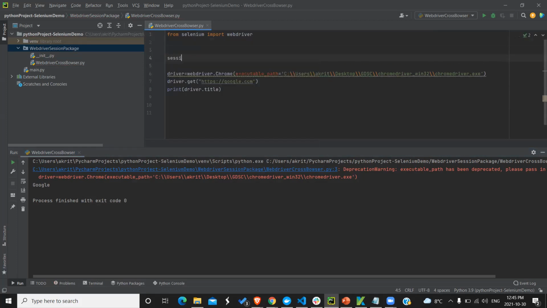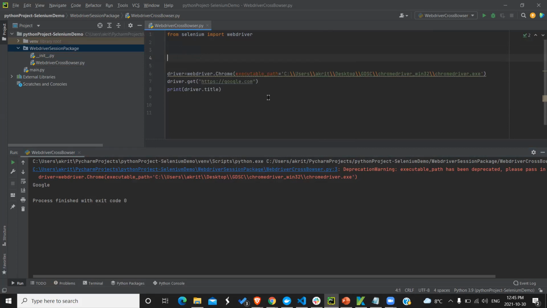I'll create a session object here equals session. When I am trying to use session, it is asking me to create a package. Okay, fine.